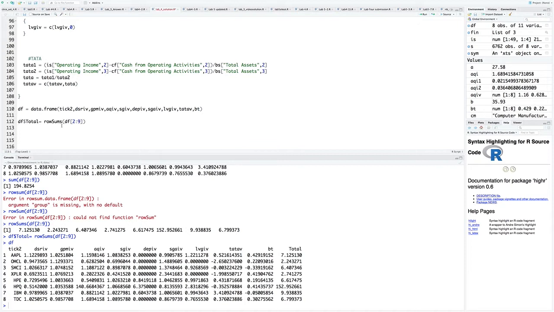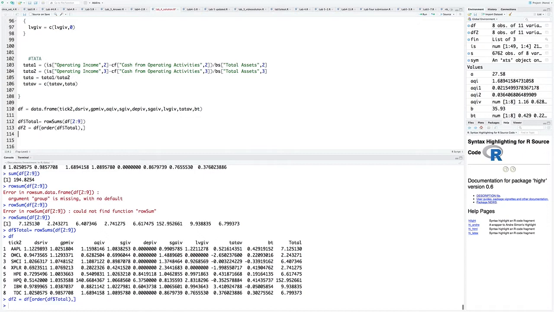So just like before, I'm going to create another data frame, but I'm just going to order by the total column. Remember to have the comma afterwards. When you're selecting a column within a data frame for an order, you should put that column in. So if I run this line,